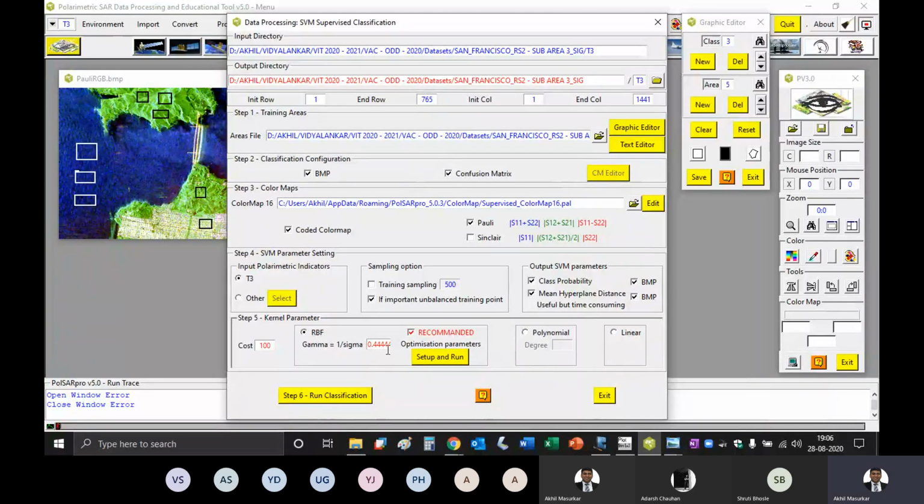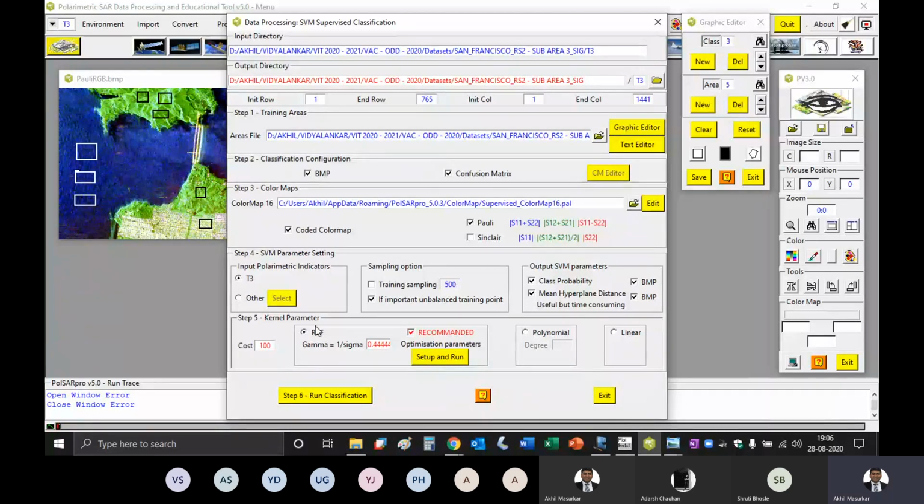Whether we should use RBF or not, you can use a polynomial or you can use a linear function. So let us start with RBF, and for that you tick this recommended.